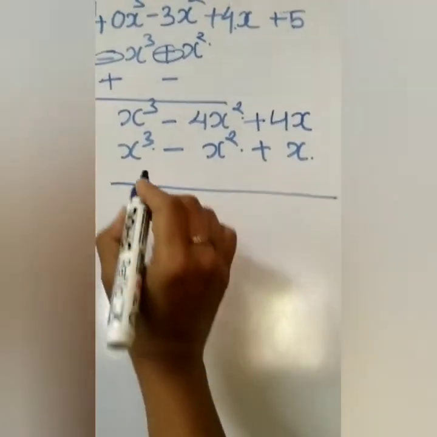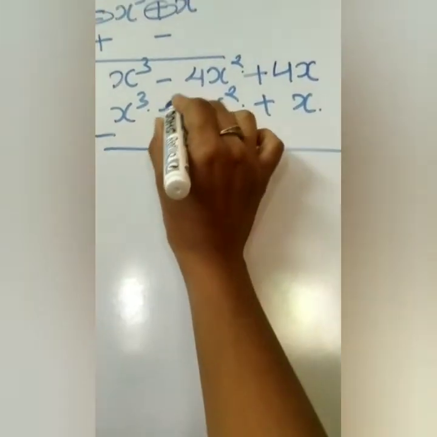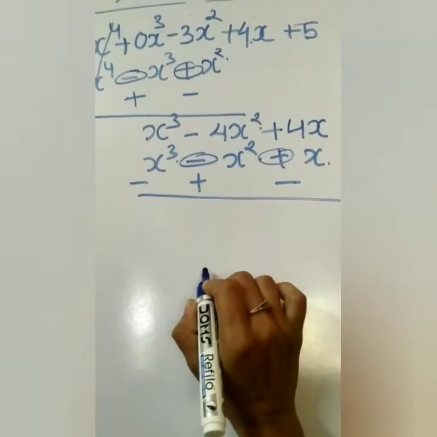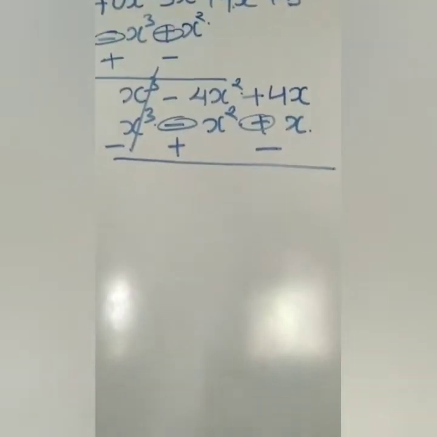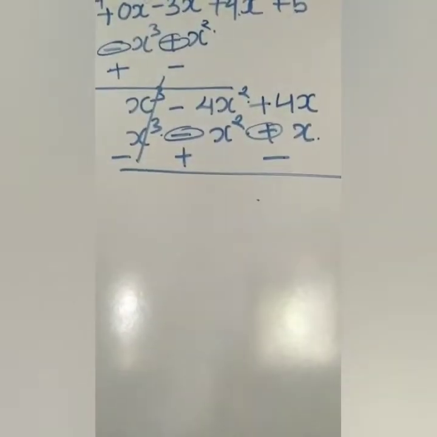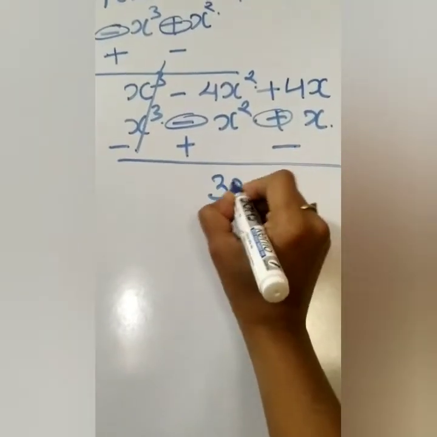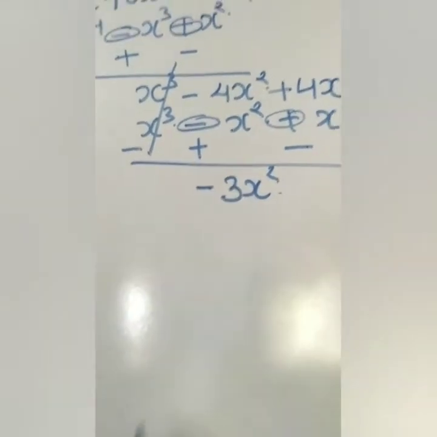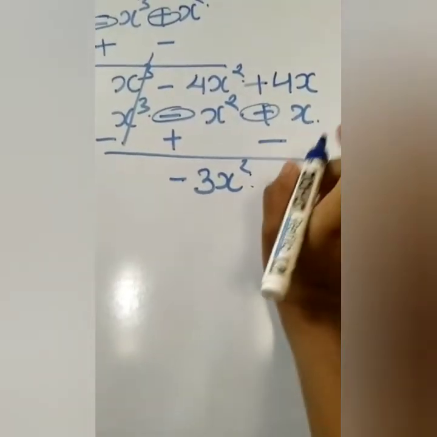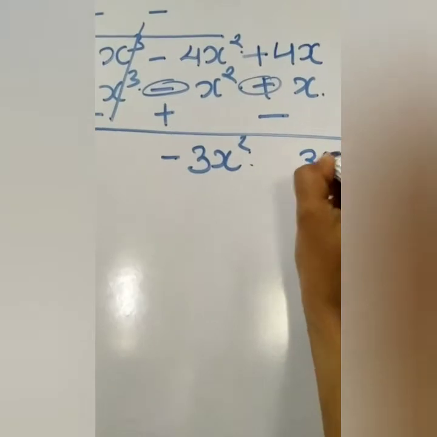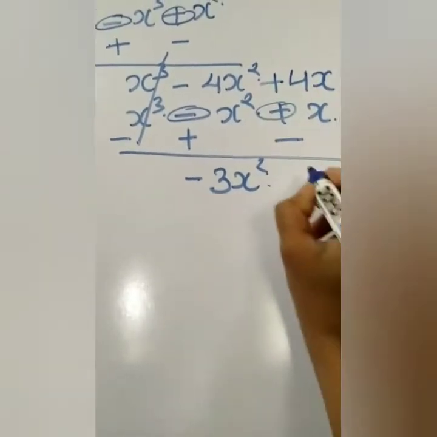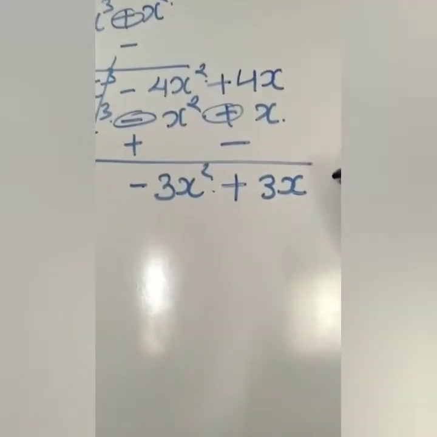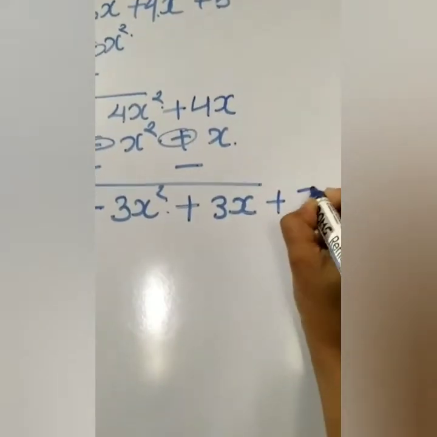Here we will change the sign, so it will become minus, it will become plus and it will become minus. Here the first term will cancel out, plus minus will become minus, 4 minus 1 means 3x square. Symbol of greater number is minus, so we are keeping minus over here. Plus minus again it will become minus, means we have to write 3x, but the greater number having plus sign, so we will put plus over there. Now we have to take down that 5, so we will take that plus 5 over here.